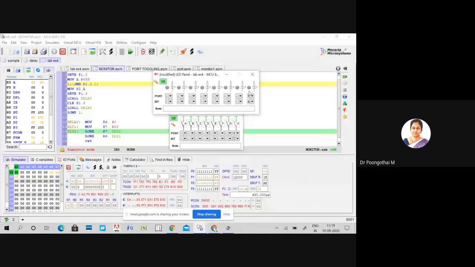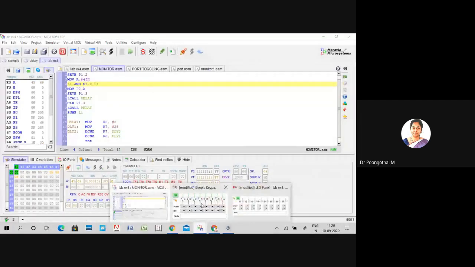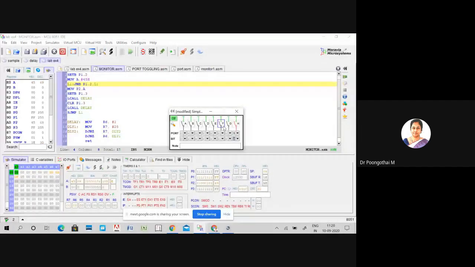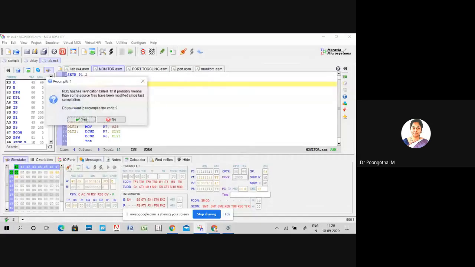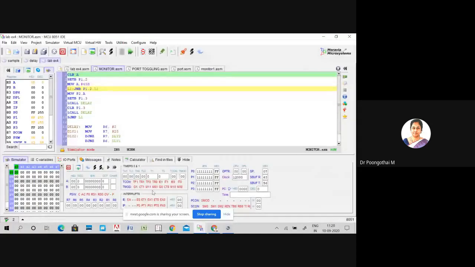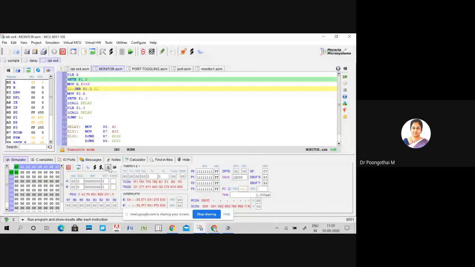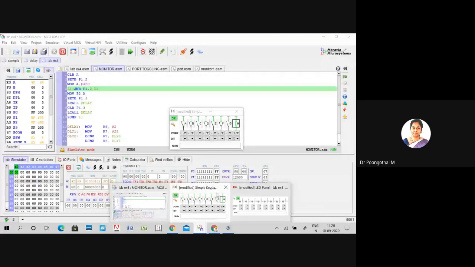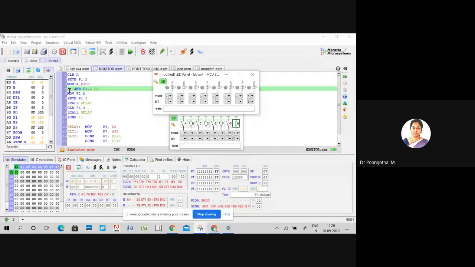Just stop your simulation and close your switch. Execute your code. So look here, your program control is stopped in this line.